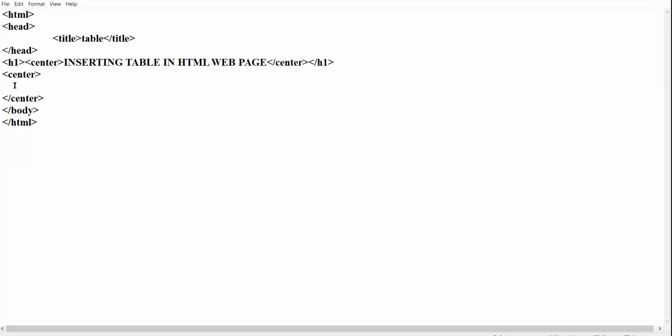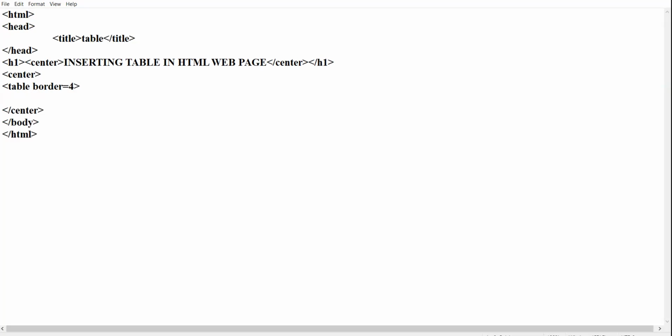So in order to insert a table in HTML, we make use of the table tag. Now this table tag is not used alone. One important attribute that you have to give is border. The border attribute was in the image tag also. It is in the table tag also, right? Border equal to 4. Any value you can give for the border. I have given the value 4.